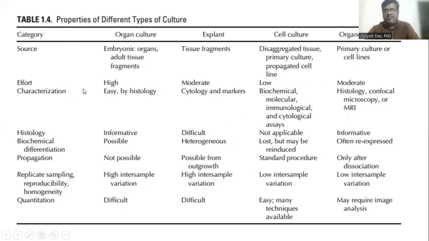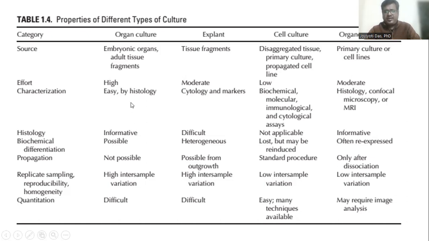If you compare the effort, then in organ culture, the effort is much higher. In explant culture, it is moderate. Cell culture is having the least effort involved in it, while organotypic culture involves moderate effort. Okay, so